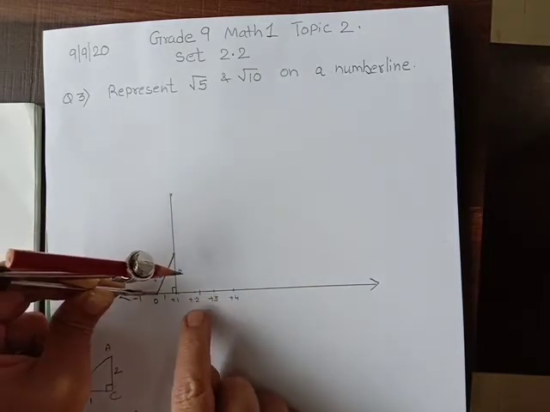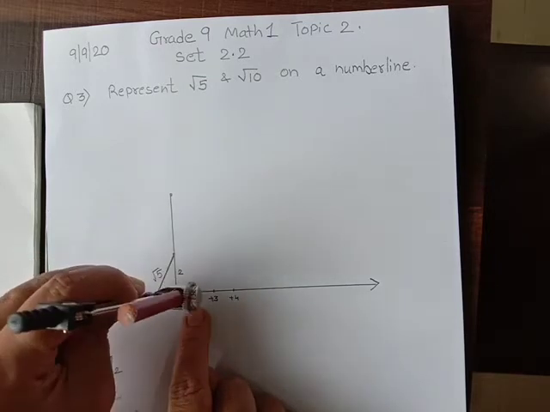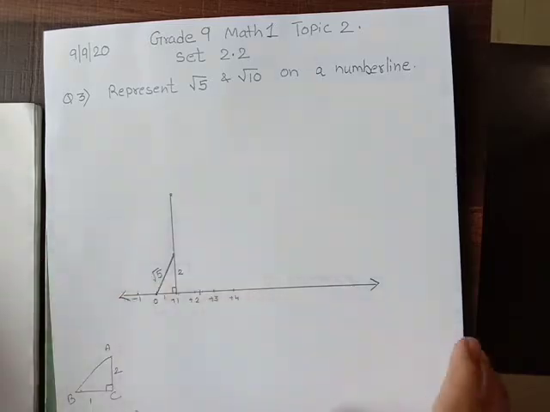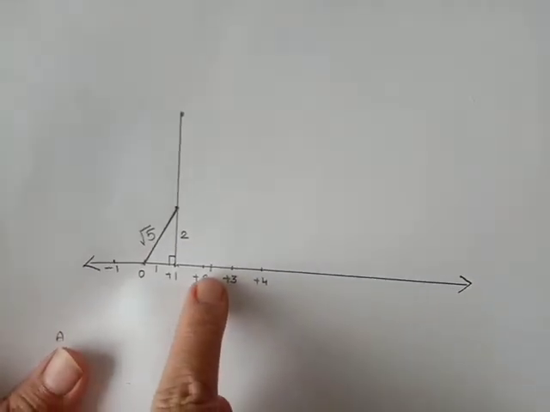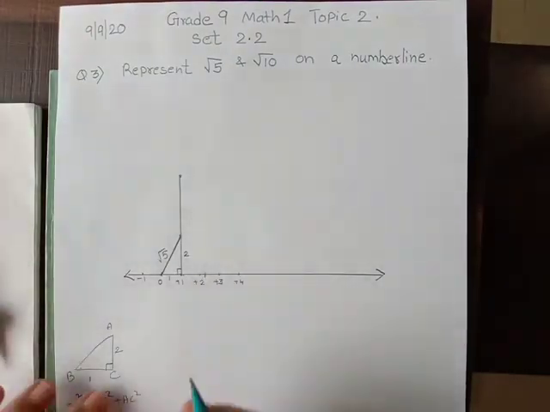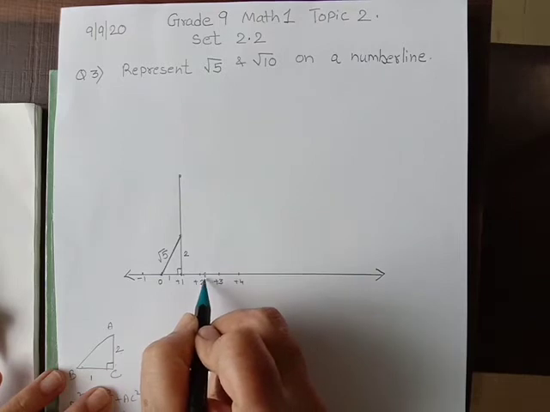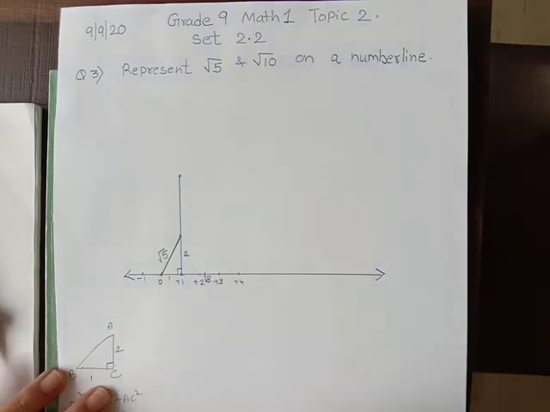Because root 4 is 2, the square root of 4 is 2, and this is root 5, so it will be a little more than 2. You can see the mark. It is a little ahead of 2. Can you see this mark? Okay. So this is your root 5. So you got root 5. So this distance is root 5. Got it everybody? Root